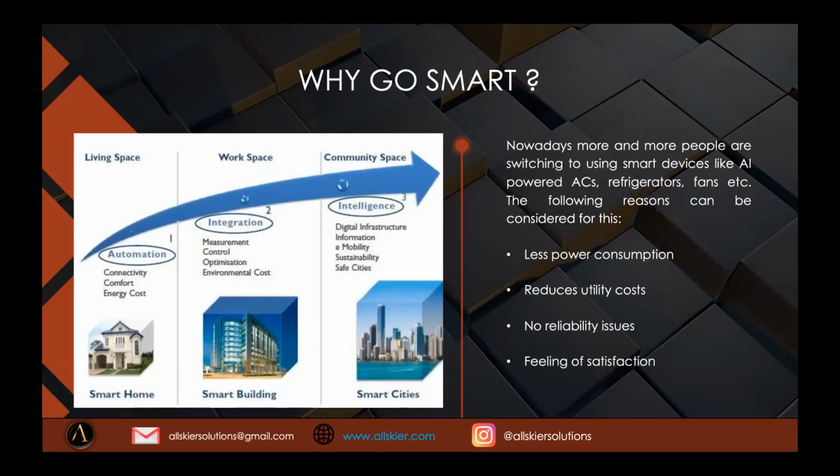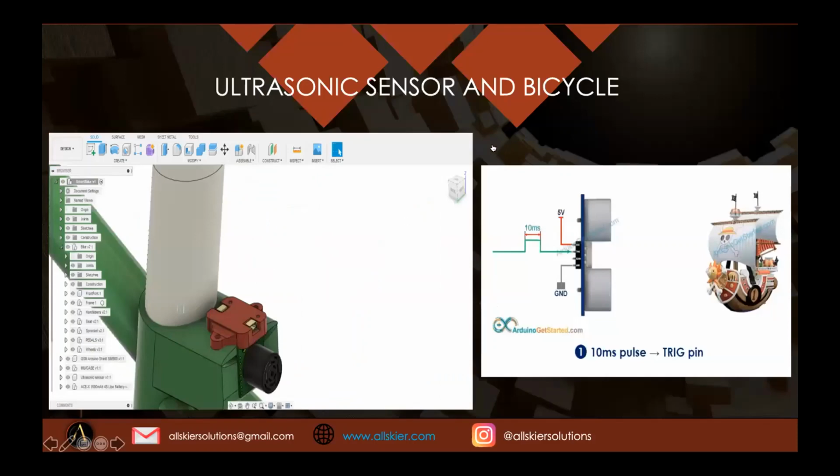You did not worry about anything. The smart devices take care of it all. Now let me go on to the next slide, and let me talk about the ultrasonic sensor and our Allskier